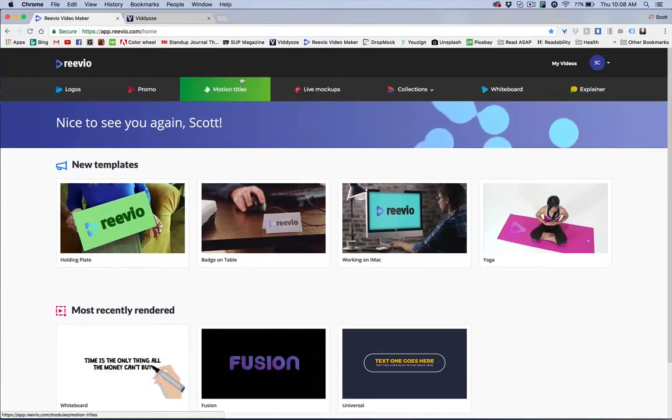This is some really cool stuff. Now, a lot of you, like me, have found great value in template-based video products like Videos. And really, in order to articulate the value of Reevio Video Maker, I want to compare and contrast Reevio Video Maker with Videos a little bit. Before I dive into that, let me just give you a quick idea of some of the things that are